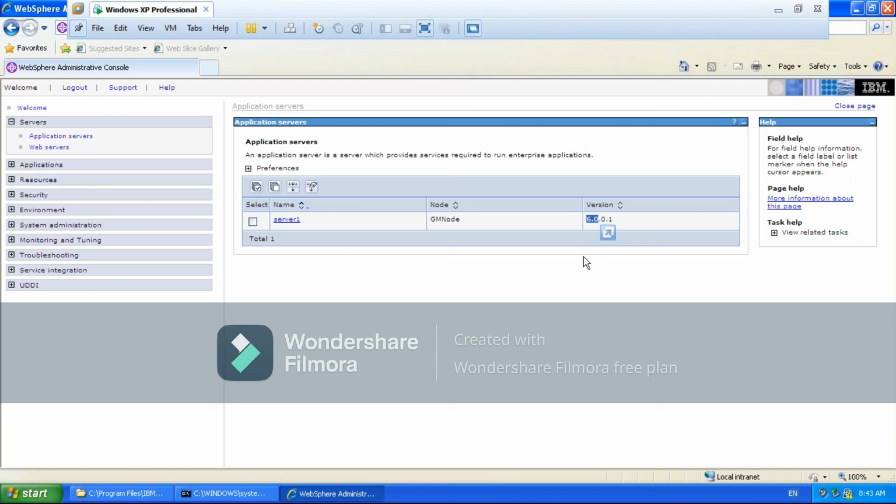Once you configure this application with the web server in the enterprise application, when you see here, you will see each and everything: map the modules, and there you will see the web server also here.